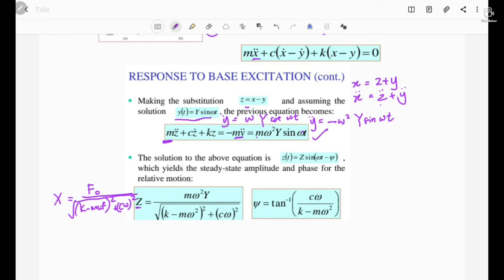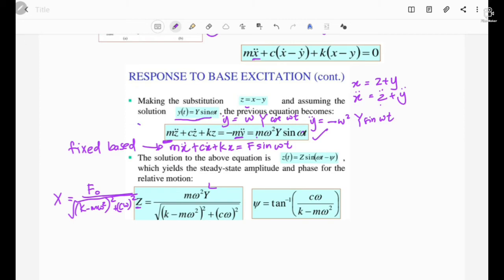Now your capital X becomes whatever variable that you use here, because previously your equation is mx double dot plus cx dot plus kx equals ft. So now you are just matching it up. If it's ft, then you go up here in terms of f naught. So maybe I write it in full, f sine omega t, so this is for fixed base,